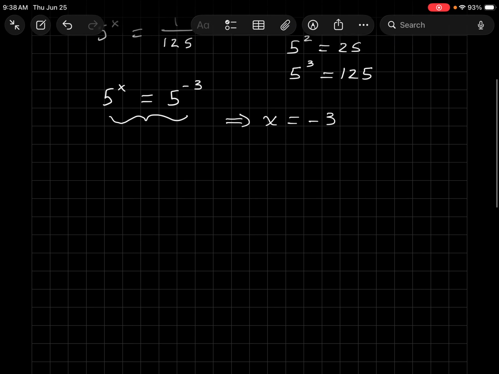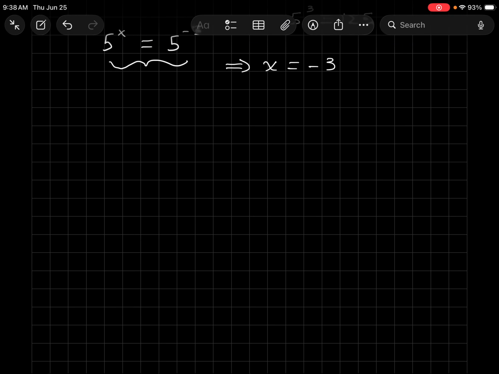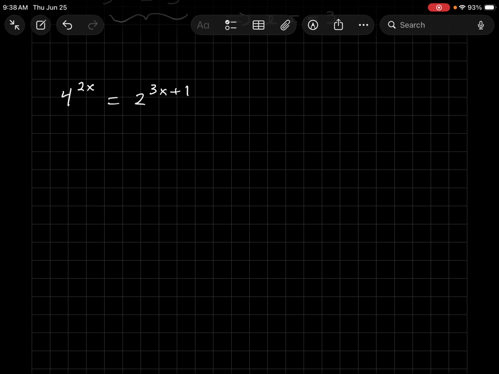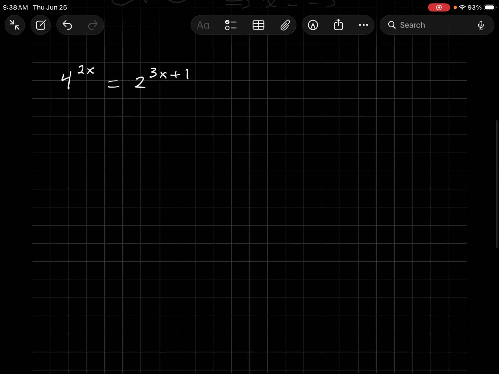Let's do a couple more examples like this, perhaps a little bit more complicated in appearance. Let's try 4 to the 2x equals 2 to the 3x plus 1. Now, the expression on the left is base 4. The expression on the right is base 2. But I also know that 4 is 2 squared. So if I rewrite the left side as 2 squared to the 2x